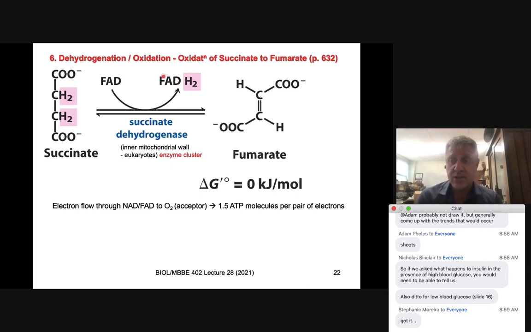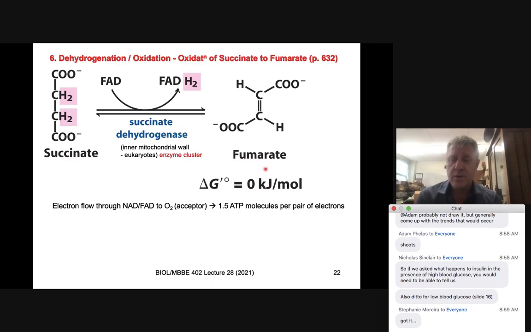These FADH2s are more pricey and more energetically favorable than NADH. So these guys are the real hot stuff in regards to energy carriers. So through the succinate dehydrogenase, which is a reversible reaction, we're going to produce fumarate. And look, it takes us no energy to do that, which is great in regards to the movement of this